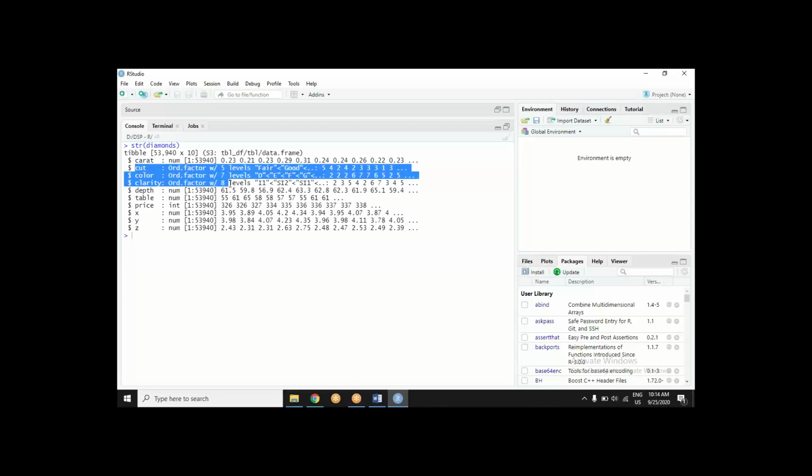They are given as ordinal factor. Ordinal factor. Remember, there used to be an ordinal categorical variable, which is categorical, but it contains order also. Yes, remember that. Everybody. Okay, very welcome, Shankar and Jyoti. So these are that kind of thing. Think about it. If I am talking about cut quality, so fair, well, good is better than fair. Very good would be better than good, and so on.